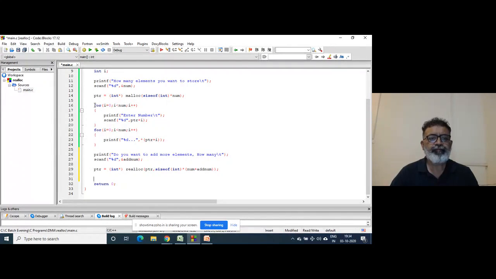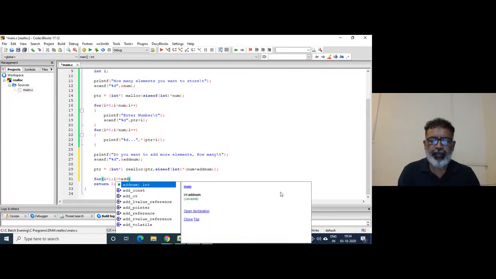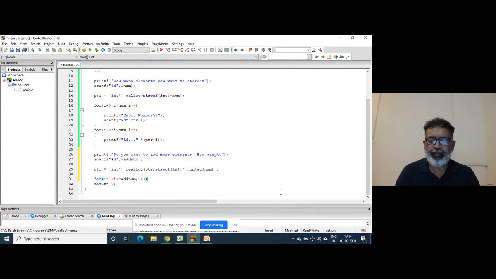Now I can write again for i equals 1, i less than or equal to add num, i plus plus.